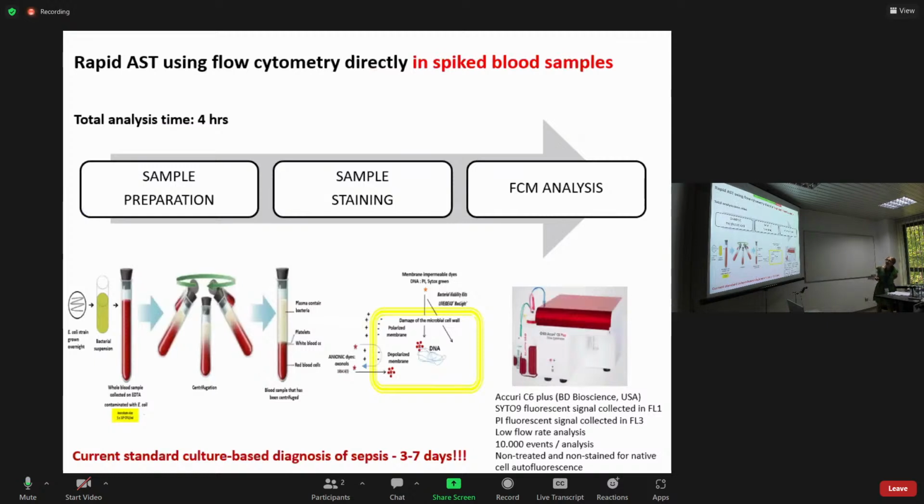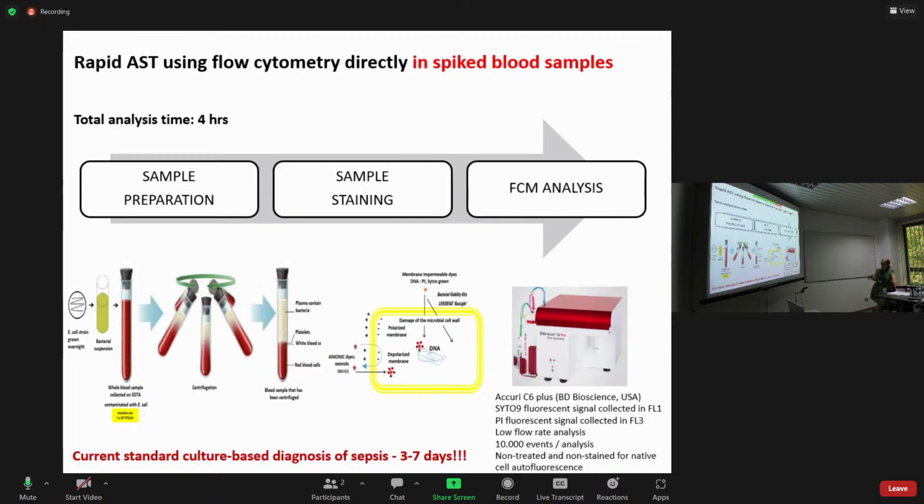Then we have passed to blood samples. I'm telling you now very easily that we have passed, but this stage was the subject of a PhD thesis. Another PhD student of mine worked on these blood samples because in blood samples it is very important to have a quick diagnosis, and also sample preparation and sample staining. Also, this time we have used two fluorescent dyes, one for membrane potential and one for permeability. So propidium iodide and